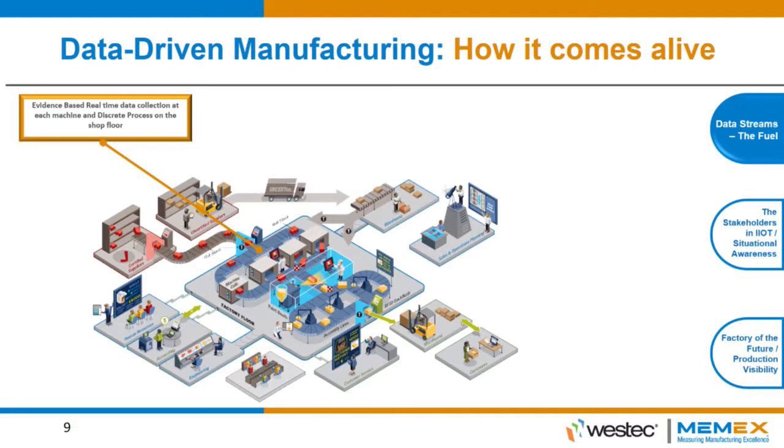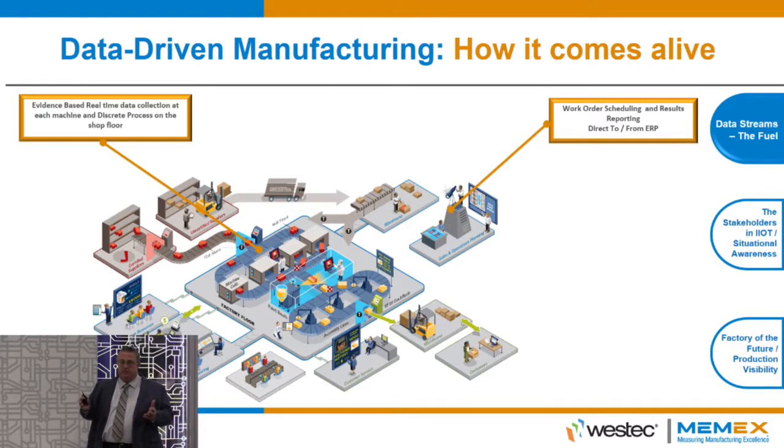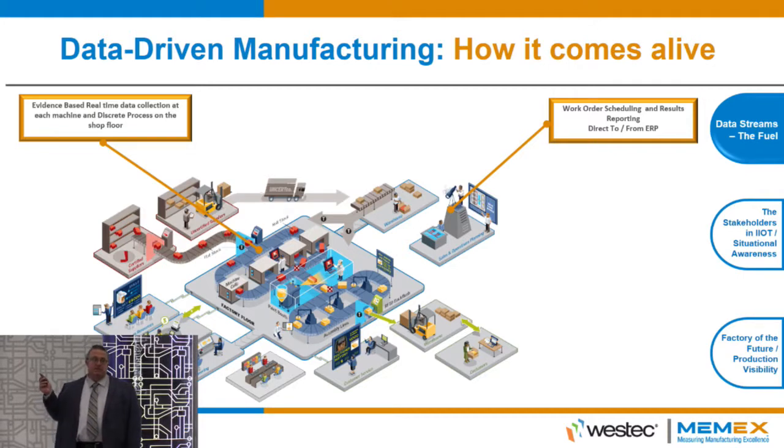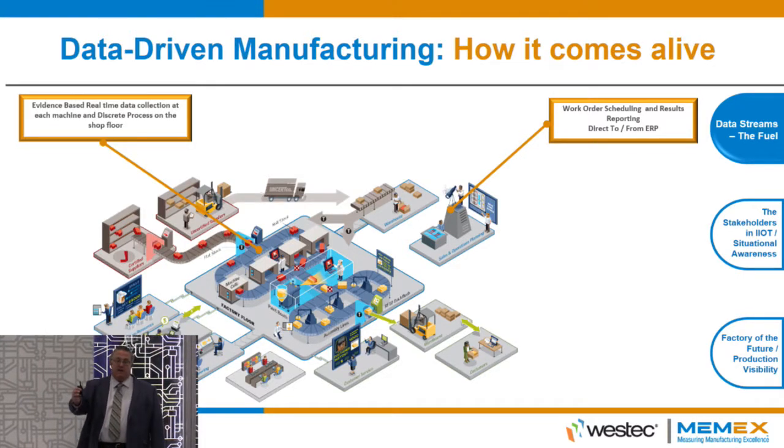Well, we've already talked about the fact that we need to get the data from the equipment. If we don't have the data from the equipment, we have no idea what's going on in the factory floor beyond opinion. We need facts to be able to make proper decisions. We already talked about integrating our ERP system, so we know the production schedule coming. We know when we have other suppliers that are, whether they're doing surface treatment for us or painting or heat treating or whatever, we can give them a heads up. So we can tell them that, look, next week or the end of this week, we're going to send you a batch of parts, and they can be ready for those batch of parts.